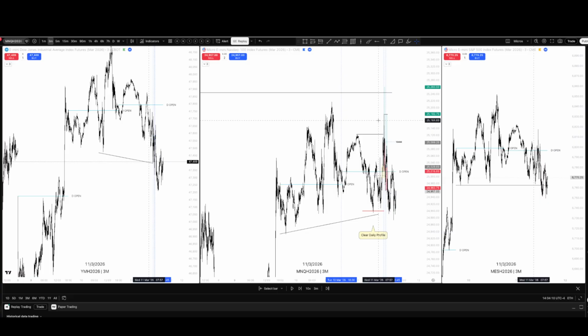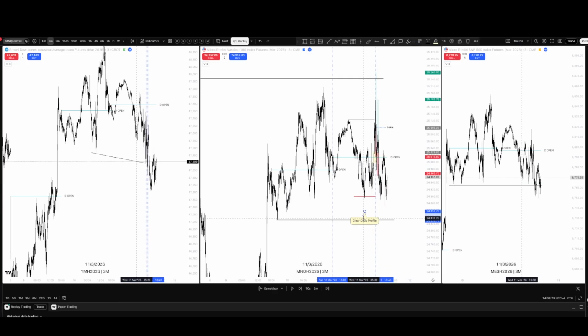So what I'm going to do, my protocol for this, is just wait for one of the externals to get impacted. Preferably, there is SMT now, as you can tell from here and here, but I don't want to see this SMT. I kind of want NQ to go and take this low as well, so that it cleans up the